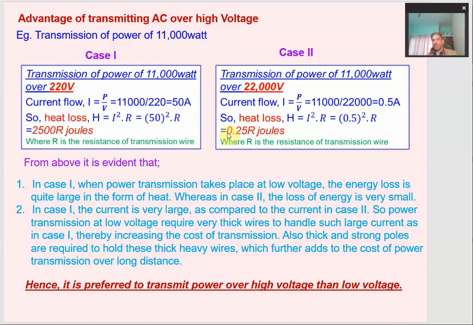On the other end, we can then use a step down transformer again in order to regain the same amount of energy. This is how transporting electric energy at higher voltage is quite an economic as well as efficient process in comparison to transmission at lower voltage. This is how we can increase the voltage from low to very high values using a transformer, and hence transmit electric energy at higher voltages. So that is all about this topic. Thank you.